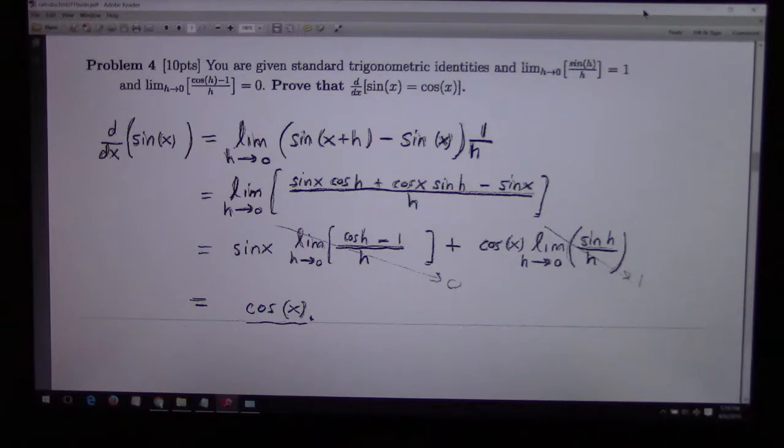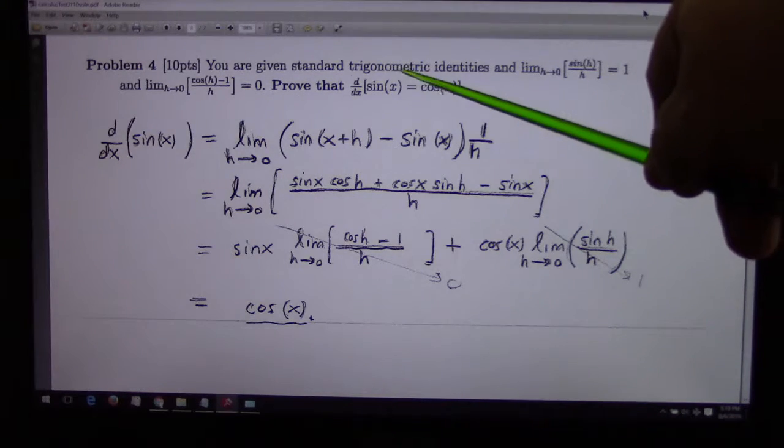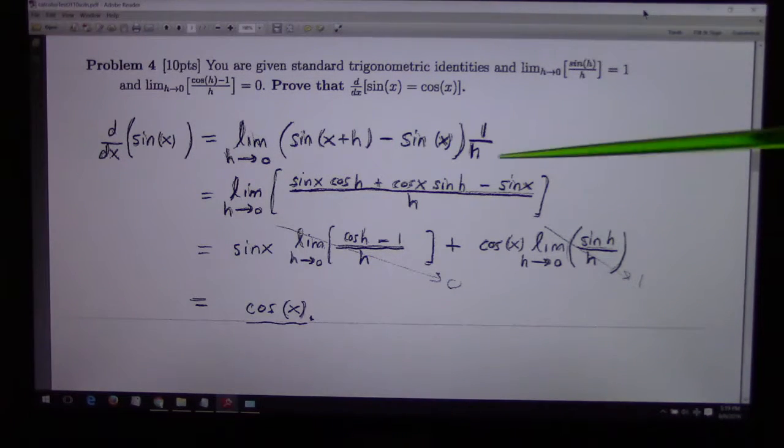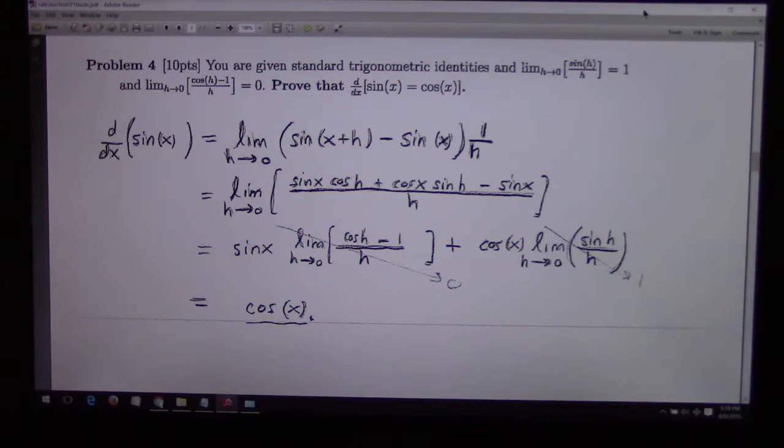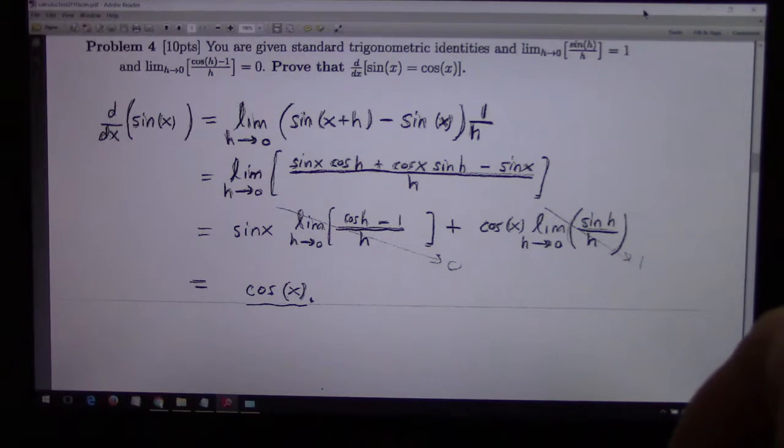Problem 4. You are given standard trigonometric identities, and that the limits of sine and cosine, as written there, are given. Prove that the derivative of sine x is cosine x. There's a bad bracket here. That bracket's supposed to be over there, right? And so this is just from the definition of derivative, how to show the derivative of sine is cosine. Again, that was appropriate for the course because we talked about that. As I think about a quick review of Calc 1 for Calc 2, I don't really have this in mind so much. I would like you to know it, but